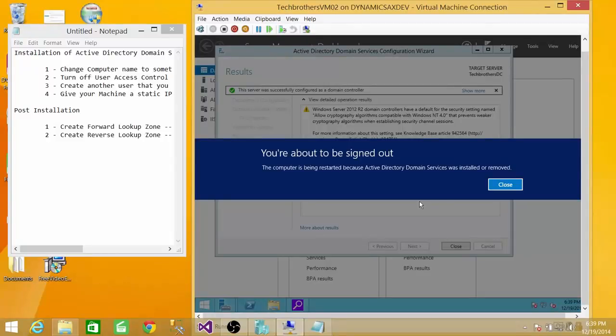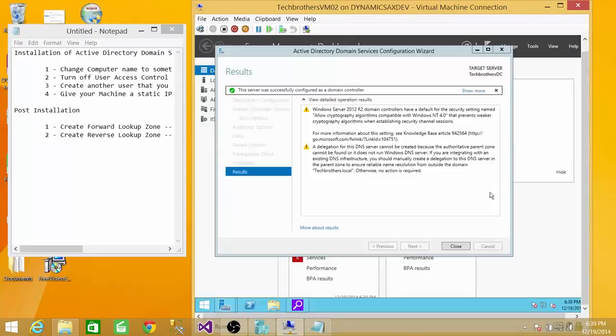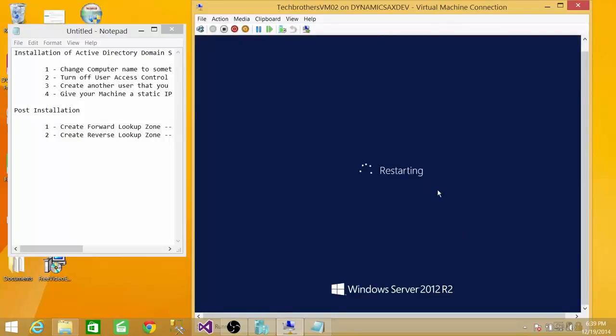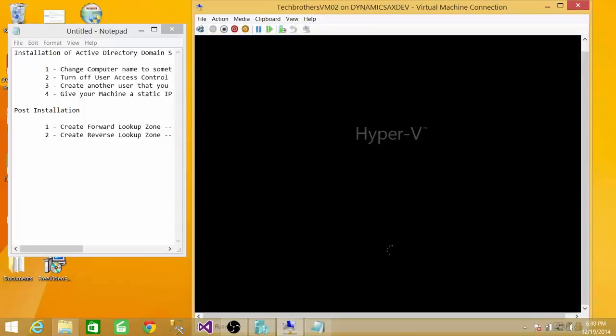Alright, as you can see, the operation completed successfully. We have successfully installed Active Directory domain, and it needs a restart. So we're going to go ahead and close this, and it's going to restart the computer. It's not going to take long to restart since it's a virtual machine. In the beginning, actually, I forgot to do step 3, which is to create another user that can be the domain admin. Right now, once this restarts